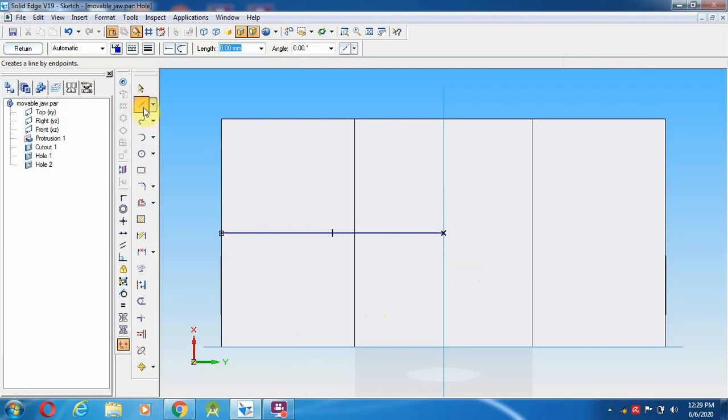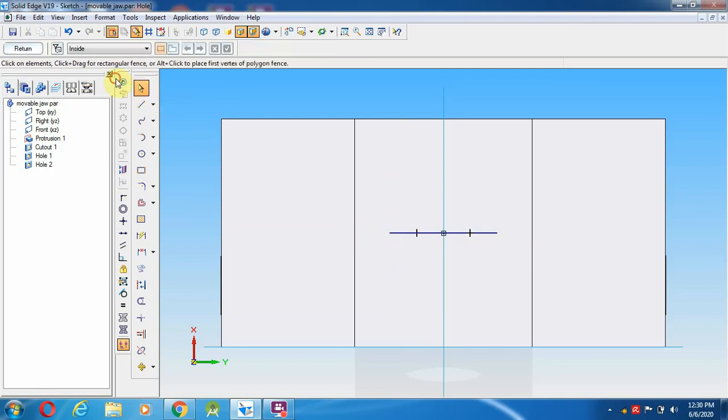So from here to 24 mm, select again a line, select a line from here. 24 mm means 12 mm, 12 mm, and trim it, delete, select a line. So again from here 12, enter. Okay, so select the hole option and go to here.